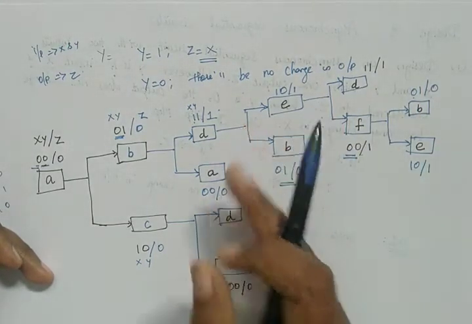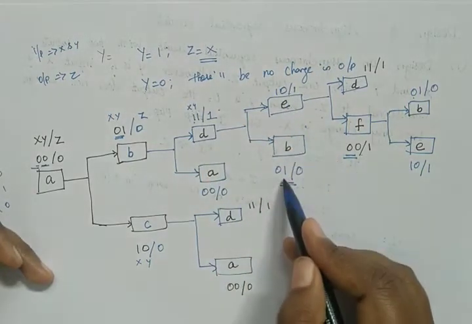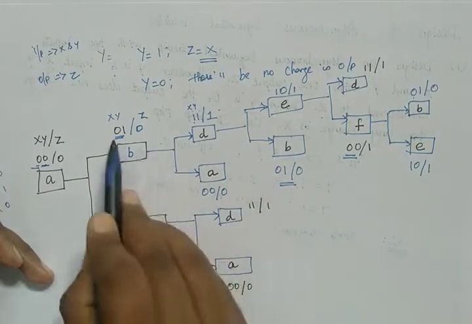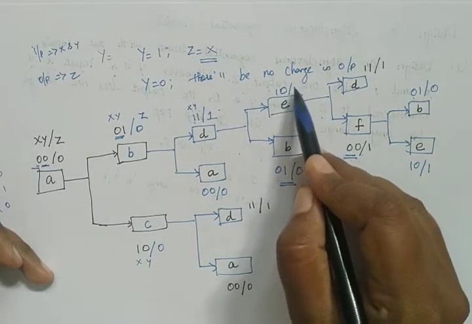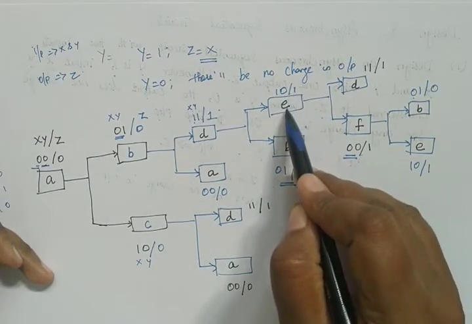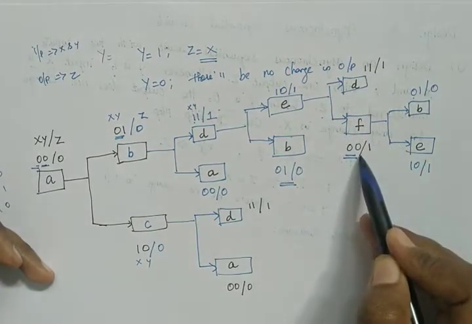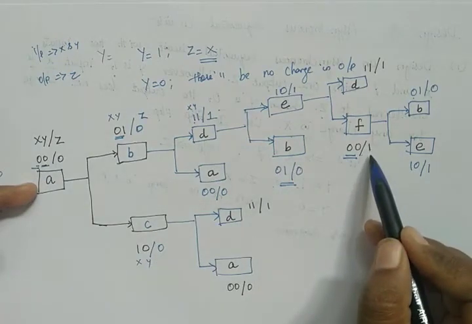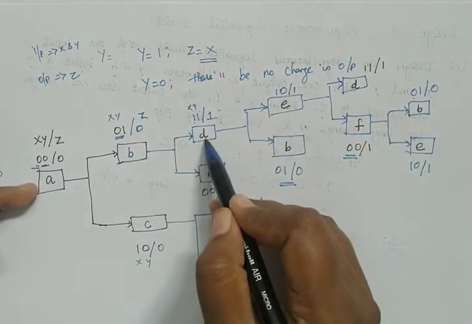Let us stop here. Then the next one is, if it is 1 1, then we have 1 0 or 0 1. Then the 0 1 by 0 already exists. So let us stop here. Then here it is 1 0 by 1. So this is a new state. So we have to give a new name. Then here we have 1 1 or 0 0. So even though 0 0 already exists, here the output is 1. So this is a new state. So we have to write F. But here 1 1 by 1 is already existing.